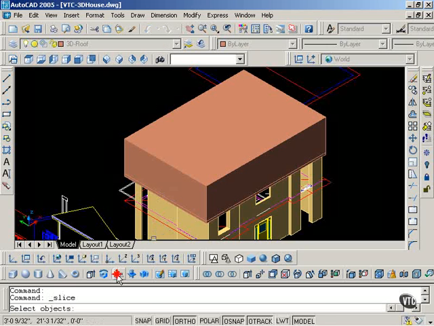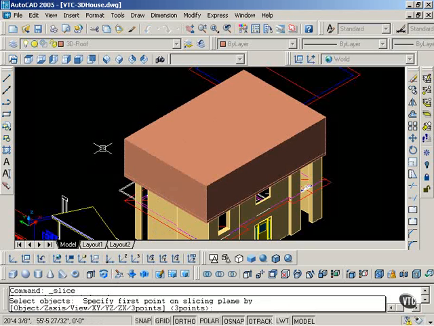First, I'm going back to slice and selecting the roof, and I'm going to select based on a plane, or think of it as a cutting plane. And right now it is the XY plane, because I would like to have the top of this solid align with the top of the roof here. So I'm going to select XY,